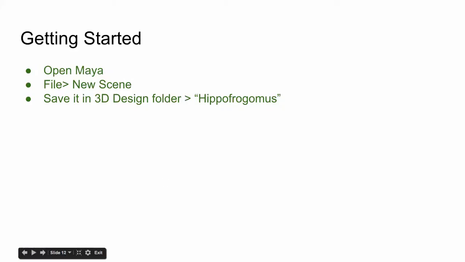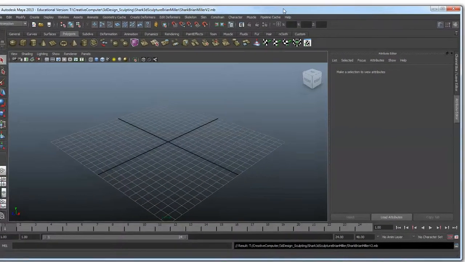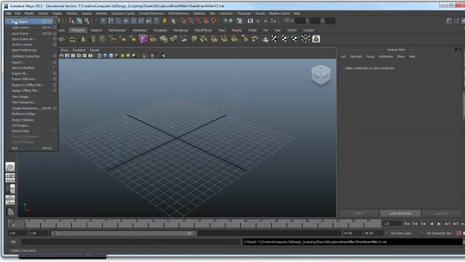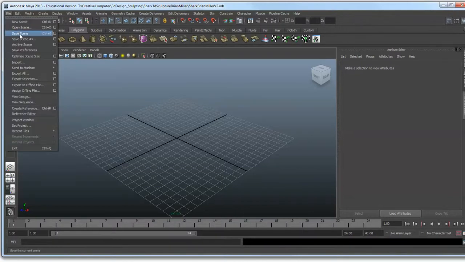We're going to open up a new document. So you're going to open up Maya, and don't double click on it a million times. It takes forever to get it going. But you're going to open up Maya, and you're going to go File, New Scene. It's called a scene because a lot of times you're making movies with it. Okay, and then once the scene is there, you're going to save it, File, Save